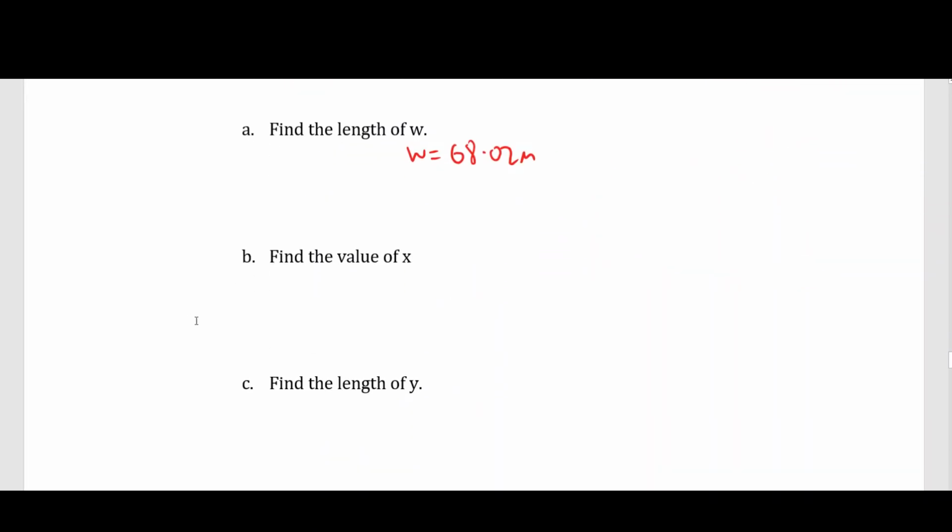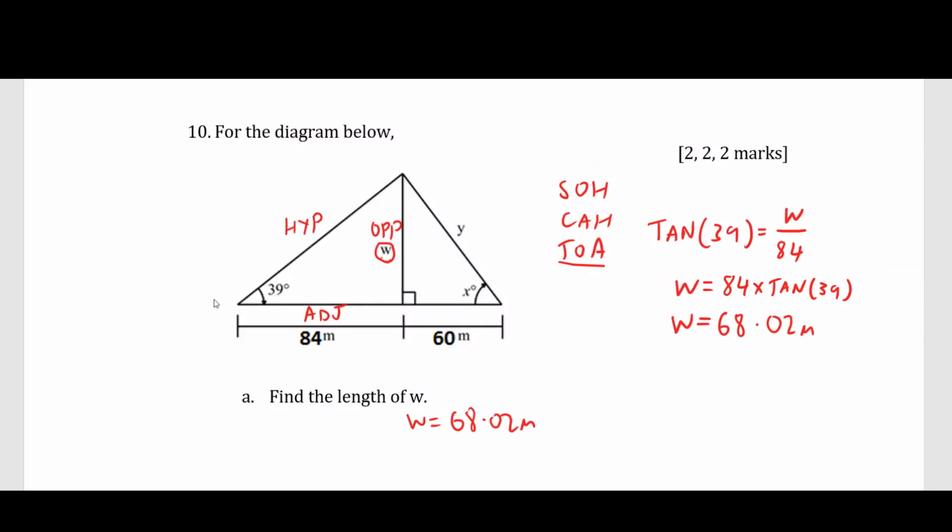So what was the next one? Find the value of X. Now we know that this is 68.02, we can figure out what X is. So here's our angle X. This again is opposite, this is hypotenuse and this is adjacent. So we can solve again using SOHCAHTOA. We know opposite, we know adjacent, so we can use tan again. Tan of X equals opposite over adjacent, which is